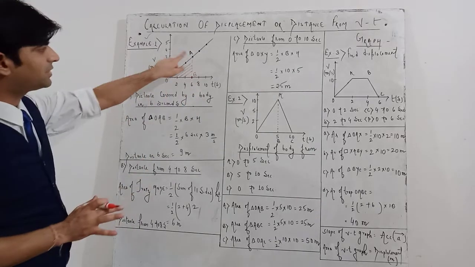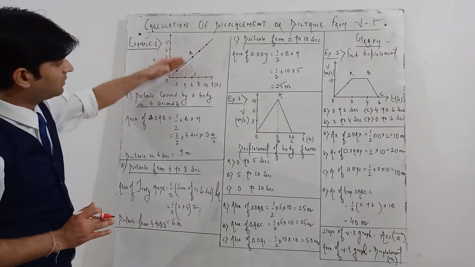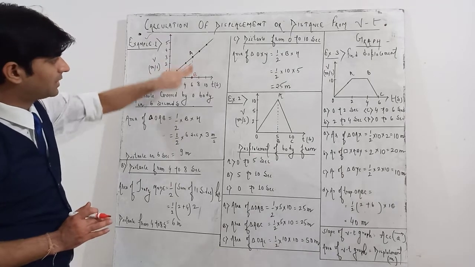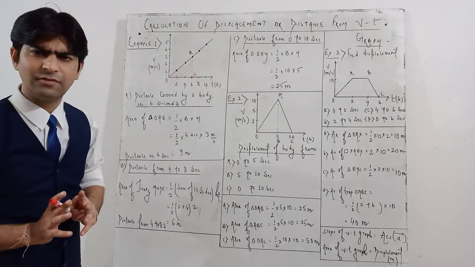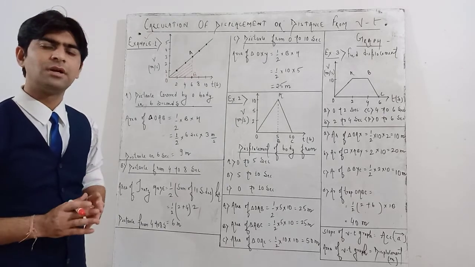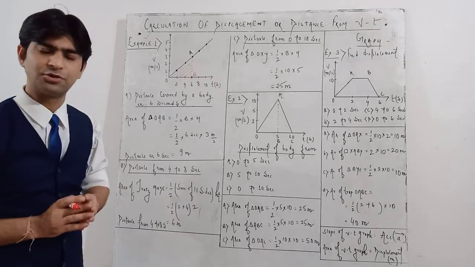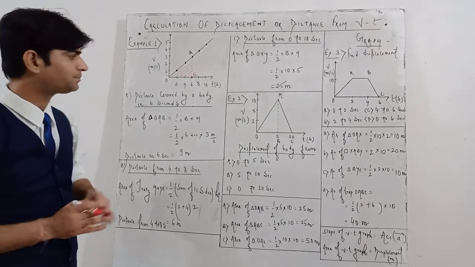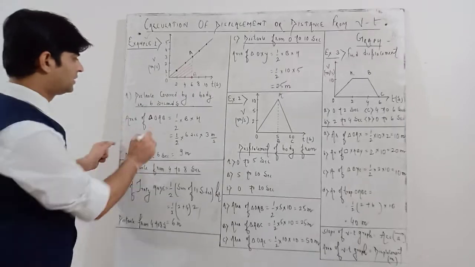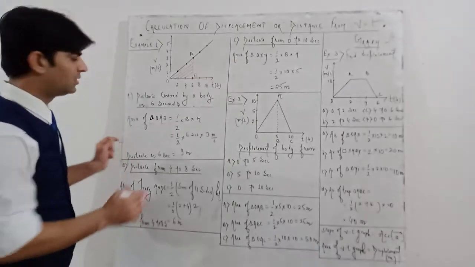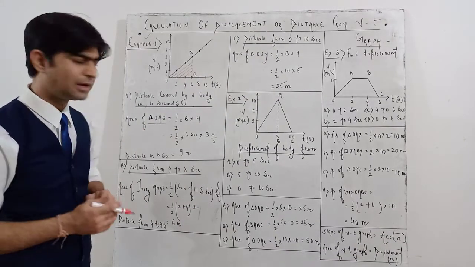Now if you see very carefully, the area under the graph, this section, is forming a triangle. Very simply, you have to calculate the area of the triangle. I will justify how, if you calculate the area of a given graph, you get distance or displacement. If you calculate the area of triangle OAB, what is the area of triangle formula? Half into base into height.